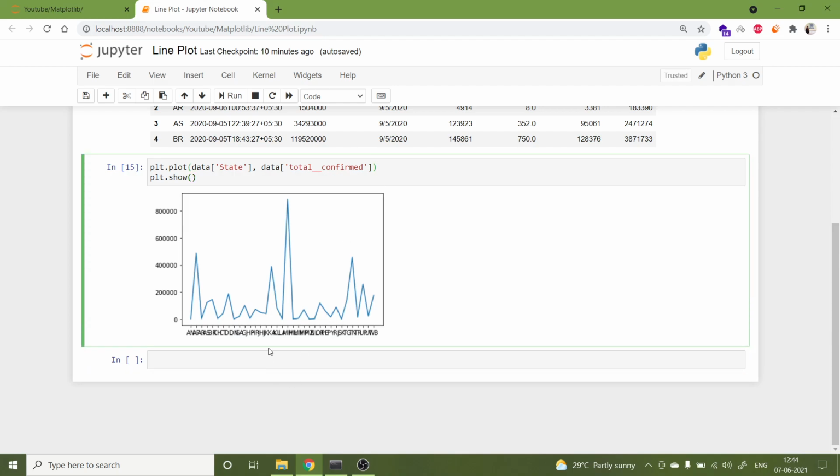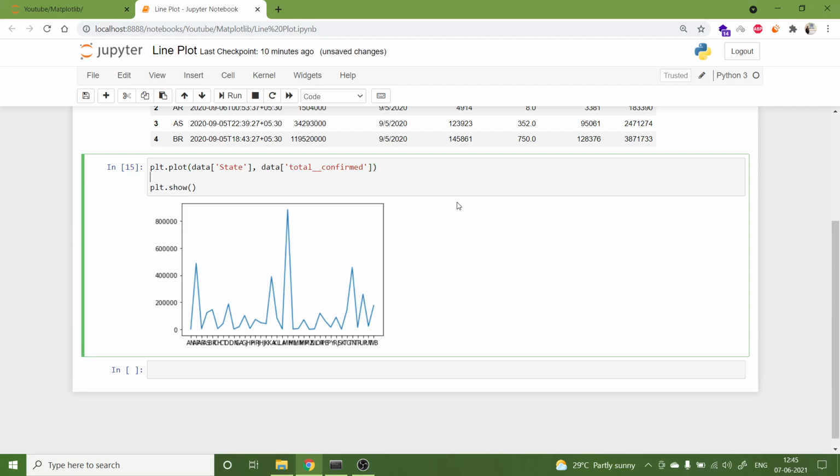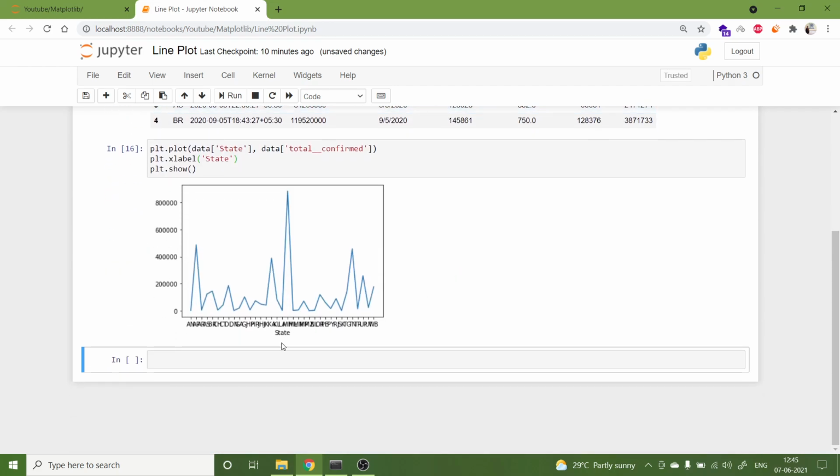First we will try to add x label and y label, because we should know what we have plotted on the x-axis and what we have plotted on the y-axis. So for plotting the x label, the function is plt.xlabel, and on the x-axis we have plotted the state. Execute it again and you will see that we are getting state on the x-axis.